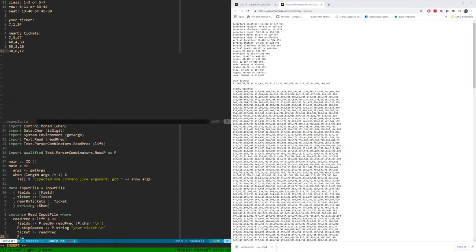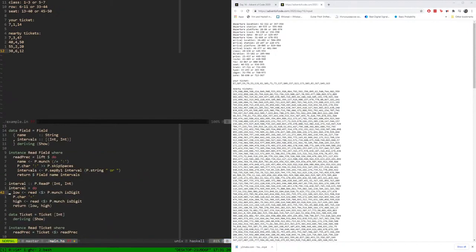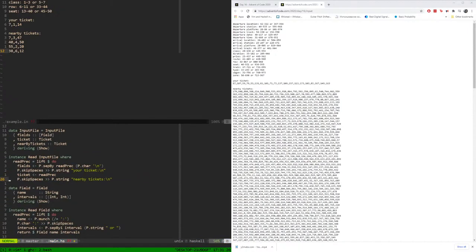Then we again skip spaces, and we have string "nearby tickets\n", and after this we are